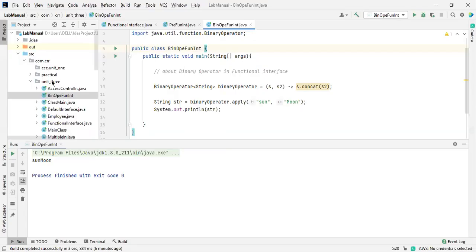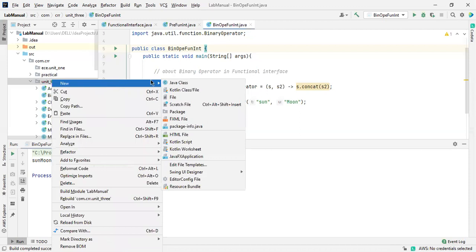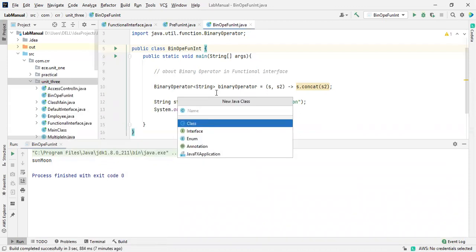So I'm going to create one more class for this, JavaFunctional. Okay, we'll directly get the functional interface.